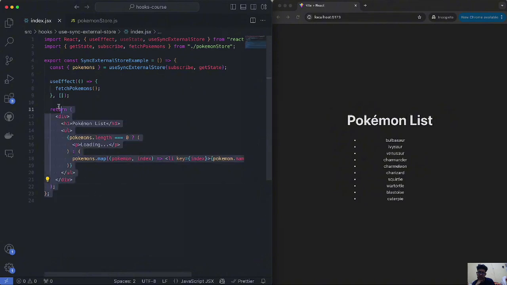Now, one thing you might be questioning yourself is, why didn't we just do all of this logic inside of a context and then use the useContext hook to grab that data? Well, there's a couple of things that differ between doing that and using the useSyncExternalStore. I think it mainly differs on purpose, performance, and reactivity. So talking about the purpose,